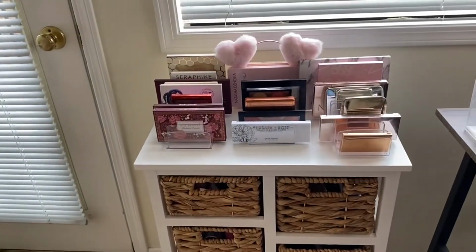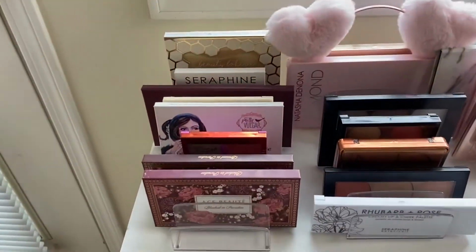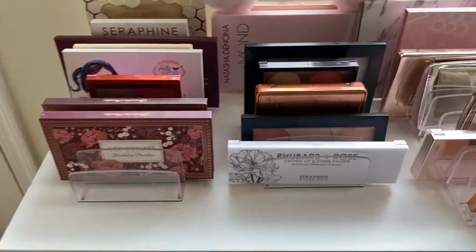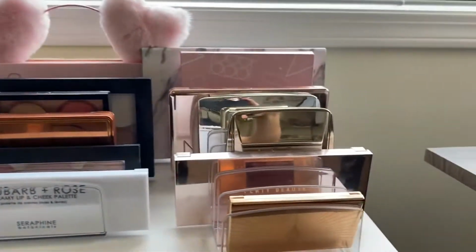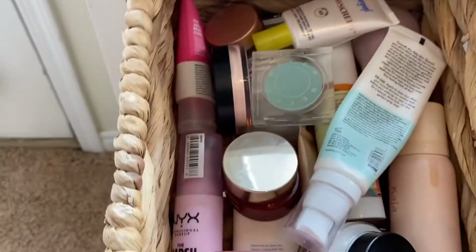Okay, so there is where I keep all of my makeup, and then these are all my face palettes up top. So we'll just keep all that there. I do reach for sort of that row the most, that's why they're there. Okay, for primers,